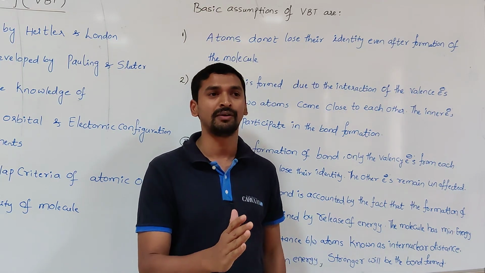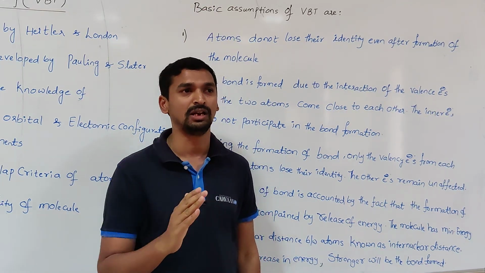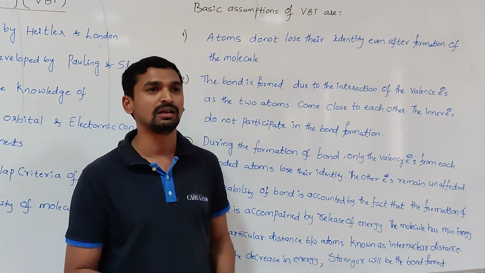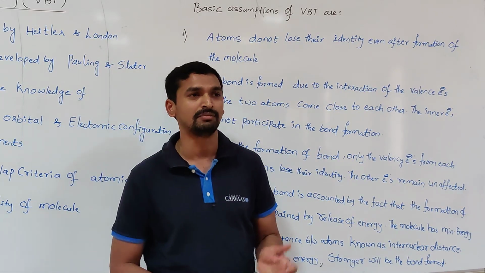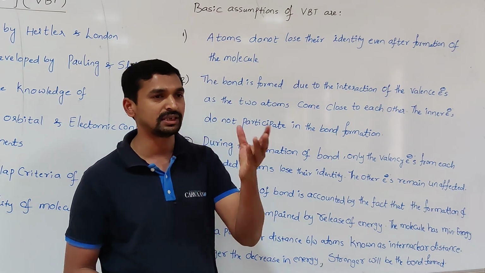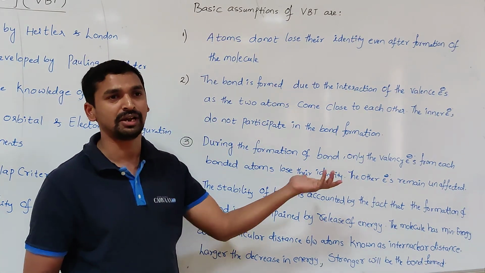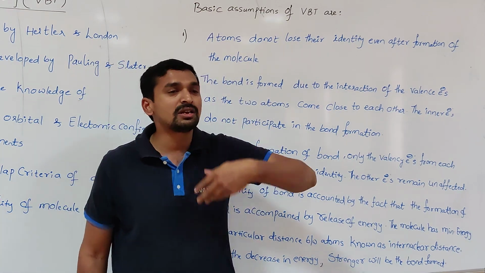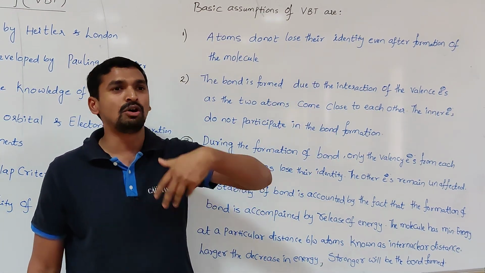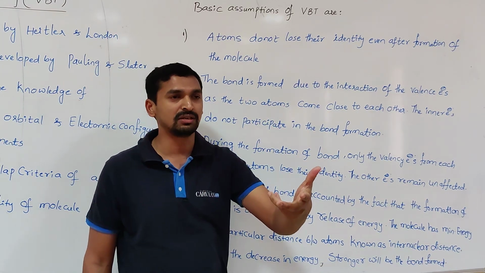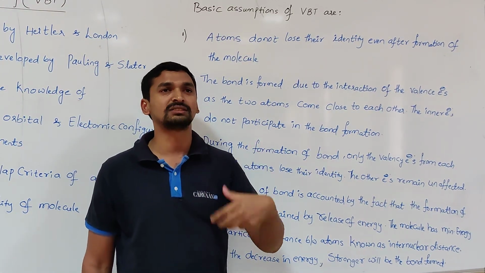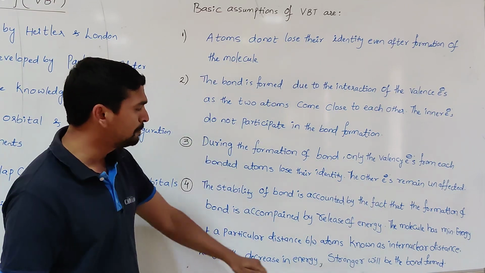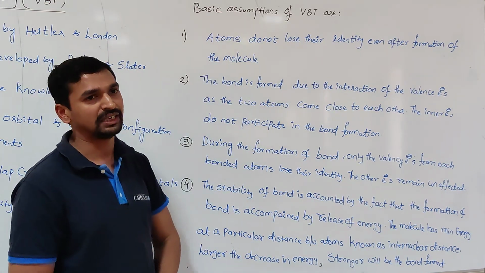It is different from one molecule to another molecule. So at that distance, definitely that molecule acquires a minimum energy and a maximum stability. That distance is called the internuclear distance or bond length. So in the formation of a molecule, wherever more energy is released, the stronger the bond that is formed. That is another important assumption of the valence bond theory.